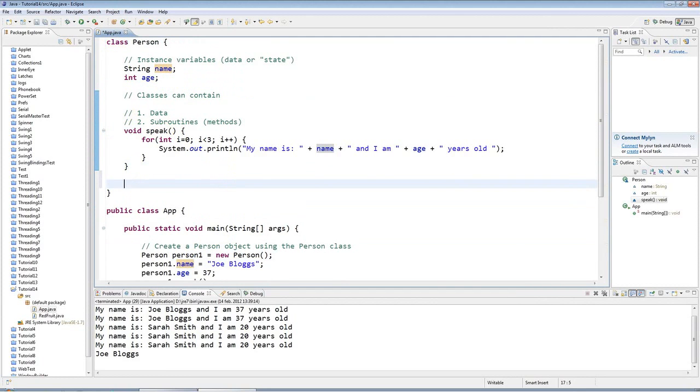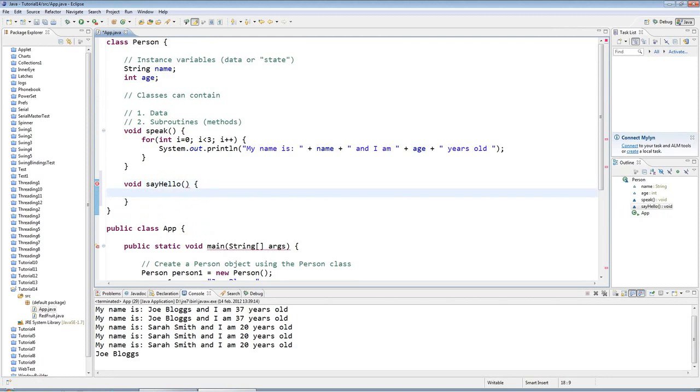And to finish off this tutorial, let's just add another one here. Like I could say, what shall I call it? I don't know, say hello. So I'll capitalize the first letter of each word after the first one. The first one has a lowercase letter, and then because this is a new word, I give it a capital H. Round brackets like that, open the curly bracket. Eclipse has actually put in the closing curly bracket for me, and I could say, I don't know, like sys out